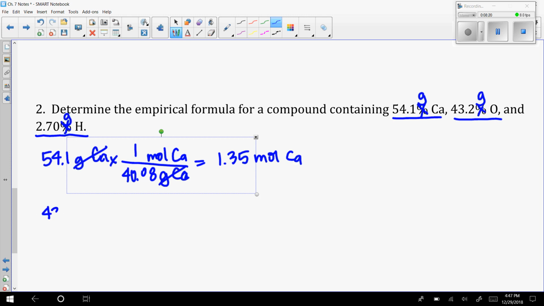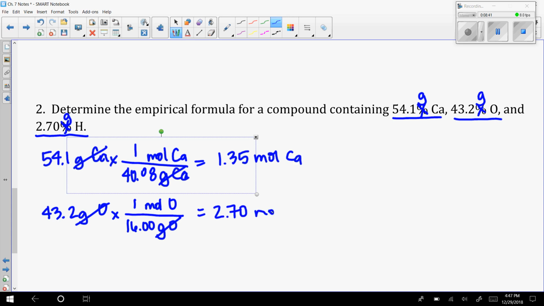So 43.2 grams of oxygen. So grams of oxygen on the bottom, moles on top. 1 mole on the periodic table, oxygen is 16.00. So 43.2 divided by 16 will give me 2.70 moles of oxygen. Okay, and then my hydrogen,